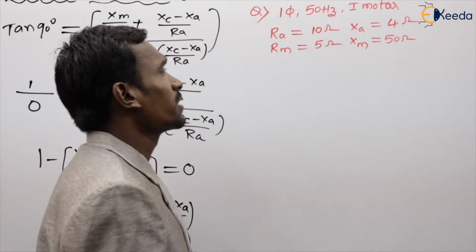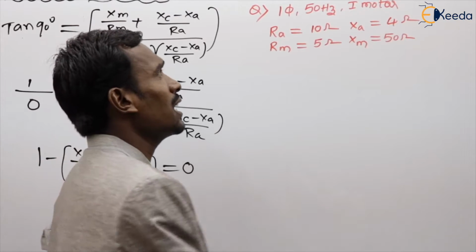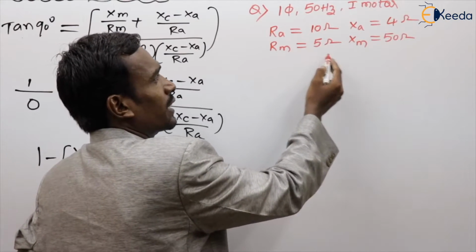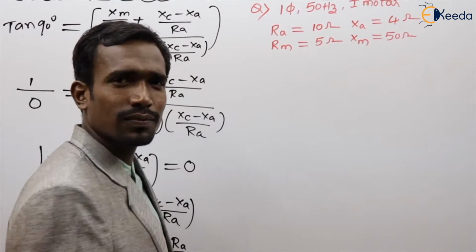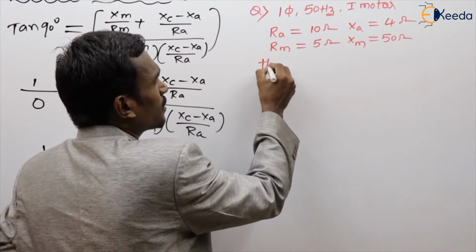The given question: single phase 50 Hz induction motor, auxiliary winding resistance, main winding resistance, auxiliary winding reactance, main winding reactance. Then find